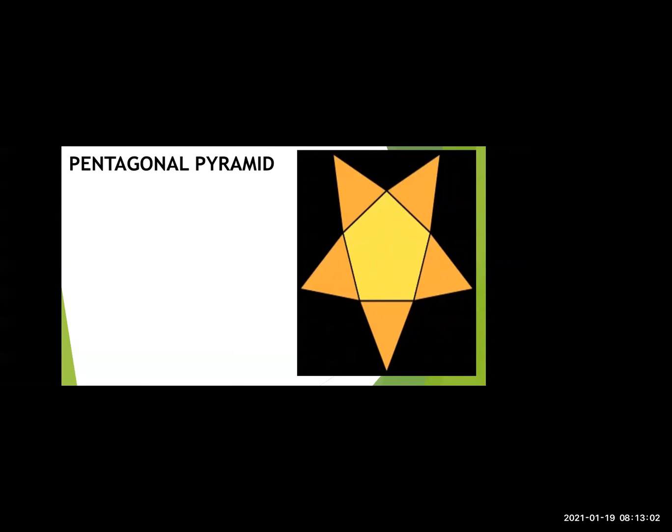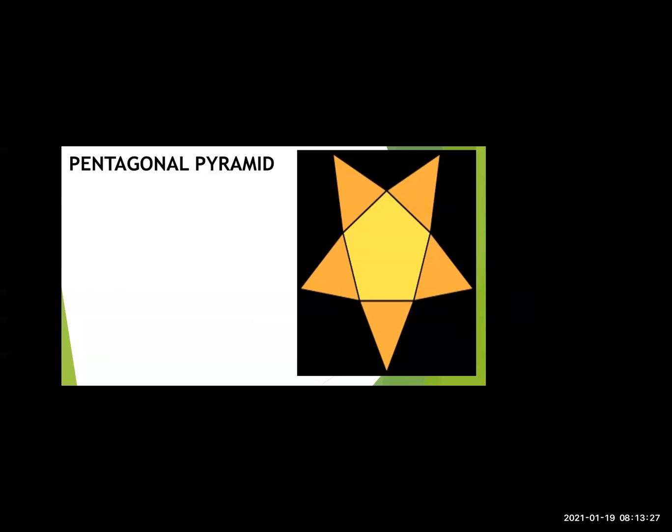See here, you can see the base shape is a pentagon. We can count here, how many sides are there to the base? There are 5 sides. And already I told you, a pyramid means the geometrical figure in which the base is covered by triangles from all the sides. So this is a pentagonal pyramid.